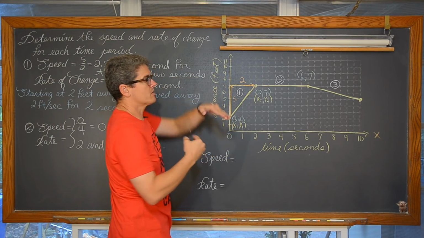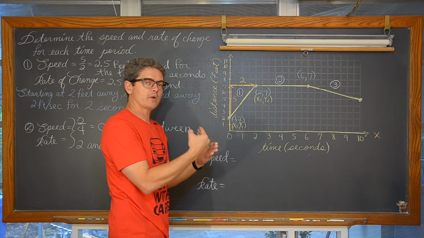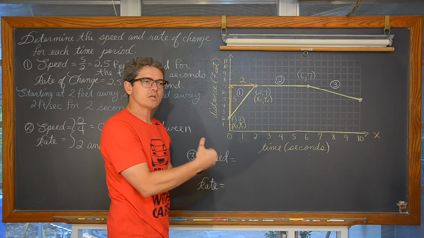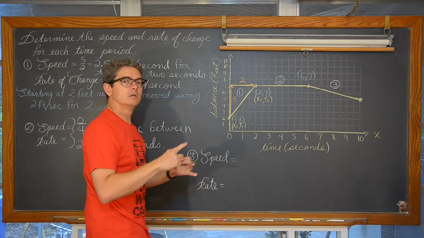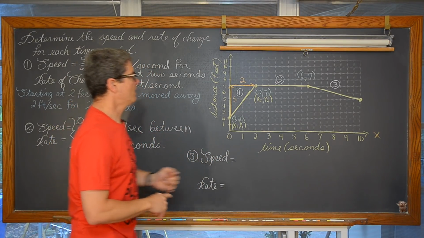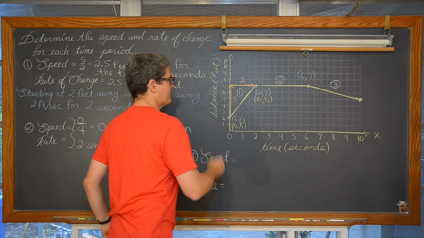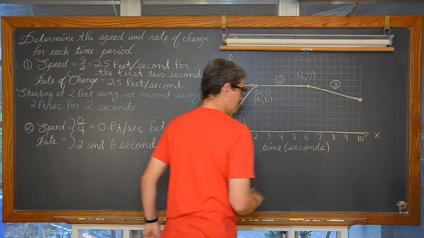Okay. So here we're going to start to see a difference between how we report a speed and what in general is a rate of change, even if that rate of change is still distance over time. Well, we're at 6, 7. Let's do this graphically instead of identifying this point, which we can anyway.